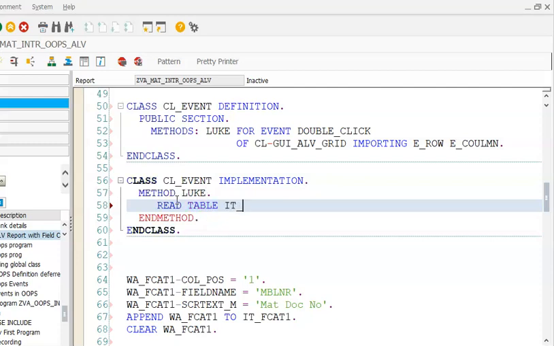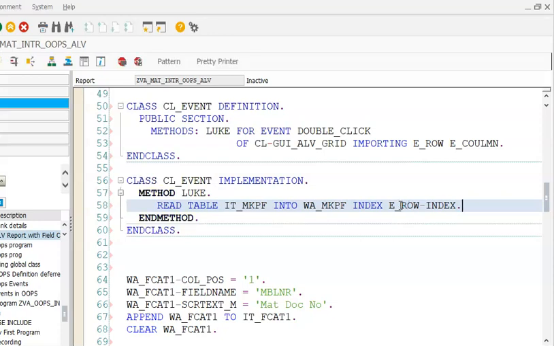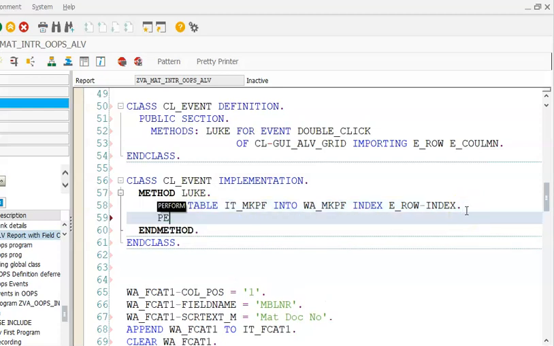Rate table it_mkpf into w_mkpf index, this e_row-index, because there's already a predefined field in e_row which is the index. And then once we do that, we'll go for the